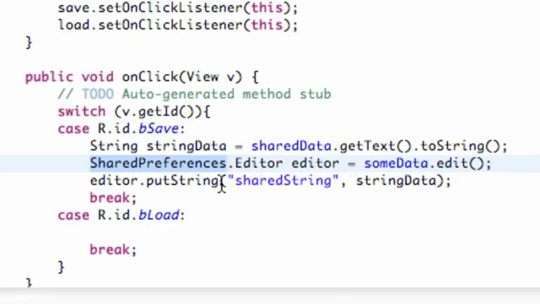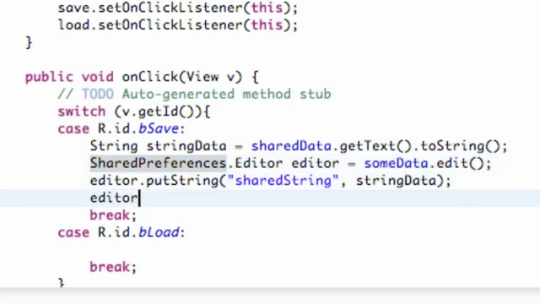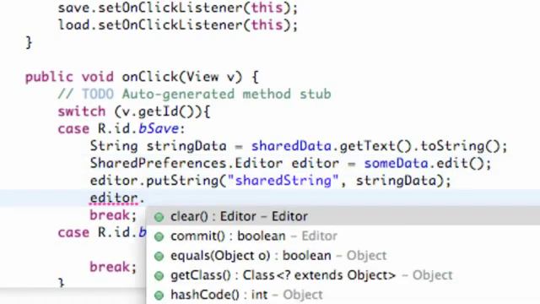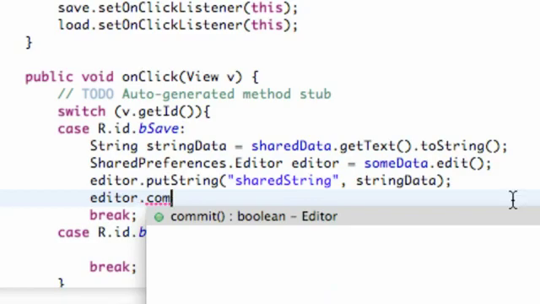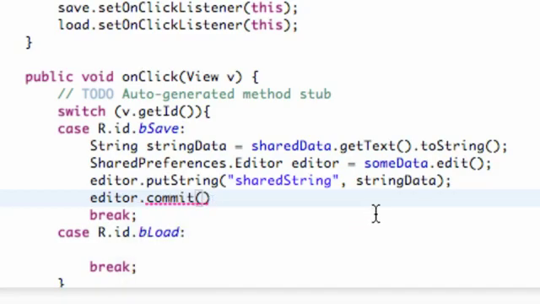So we're going to put our string in, and then what we need to do is we just need to say our editor, and we just need to finalize it basically. So we're going to say editor.commit, and that's basically going to say, hey, we've changed everything that we need to, and just commit to that and we're good to go. So basically what we've done is we've referenced our string preference, a variable which was a string preference called some data,